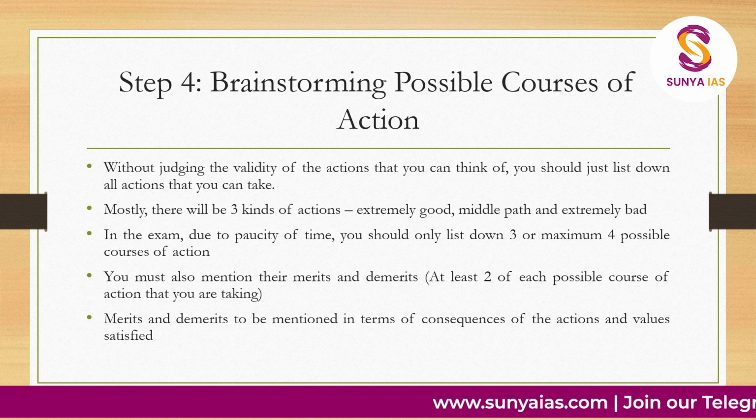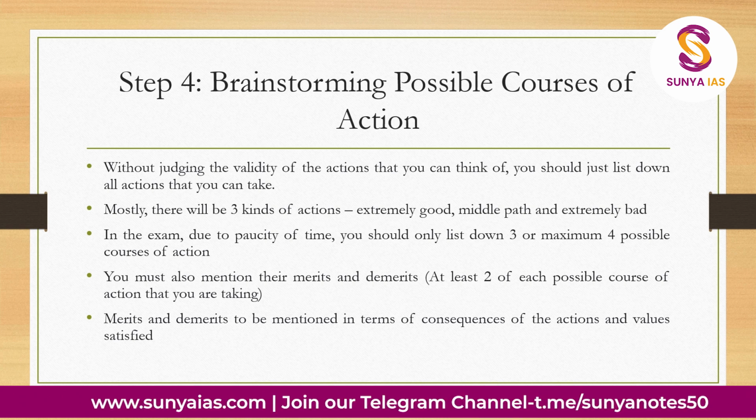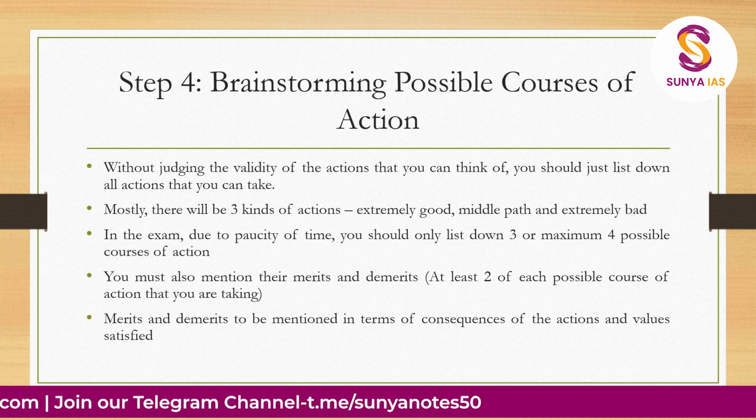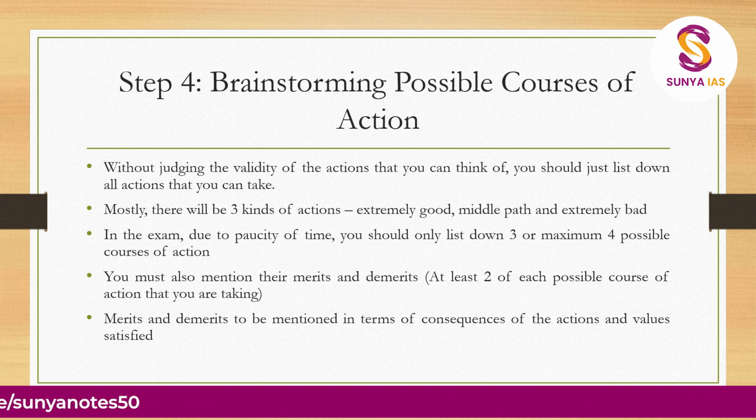But include only 3 if the middle path courses of action have a lot of overlap. Then you should include only 3 courses of action and not 4. You must also mention their merits and demerits, at least 2 of each possible course of action that you are taking, right? So the answer in the exam